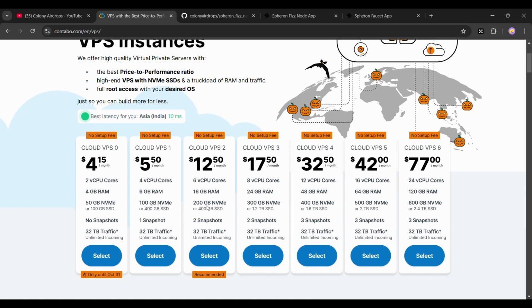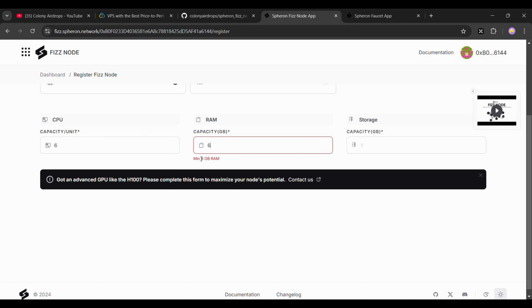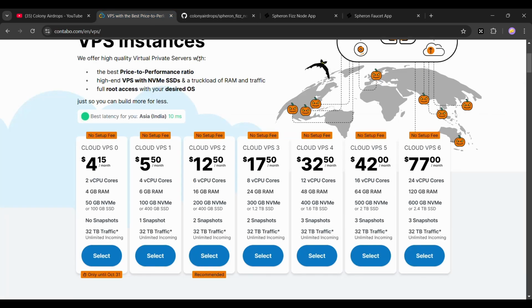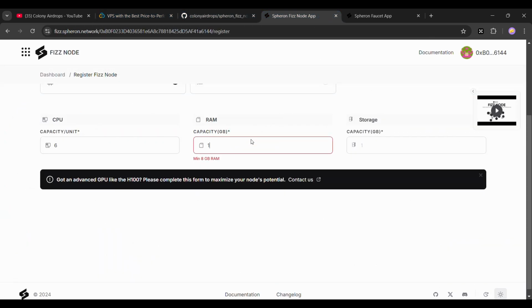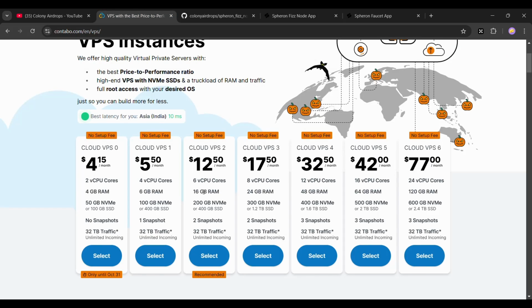You need to check if yours is NVMe or SSD. The minimum is 8 GB RAM, so you need to at least get this Cloud VPS 2. Cloud VPS 1 will not work. So I have 16 GB of RAM, 6 core and 400 GB SSD. Let me check once again: 6 core, 16 GB RAM and 400 GB SSD.